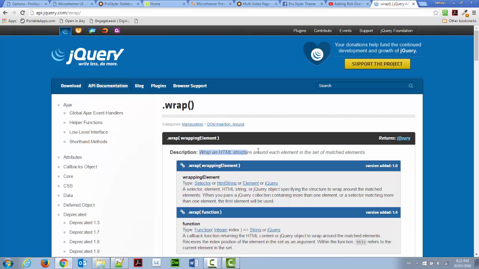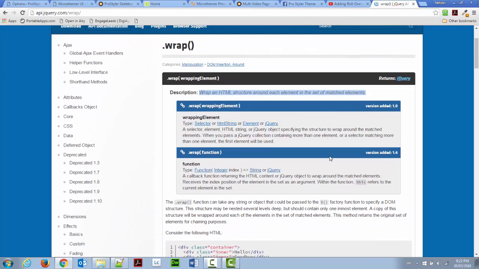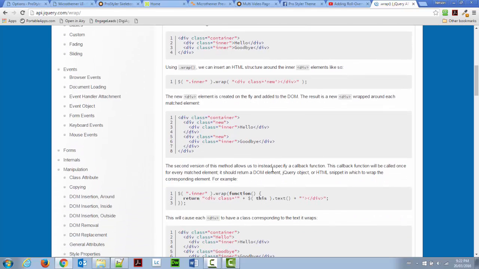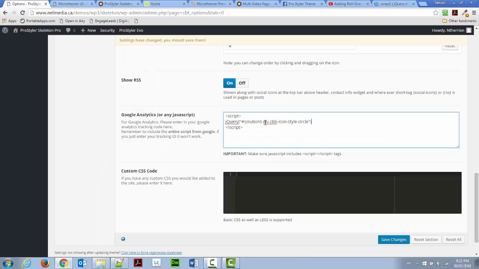And what does it do? It wraps an HTML structure around each element in the set of matched elements. So in other words, I need to use that function here called wrap, and inside of that I will simply say I want to wrap this with this. So this is exactly what I'm going to do now. So I selected what I wanted to wrap. Now I'm going to add my dot and wrap function